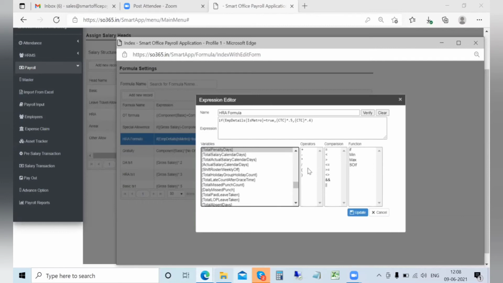overtime automation. Another example would be if you're giving any allowance only when the employee is present, like a tea allowance, your food allowance, or any night allowance that you're giving. All these kinds of allowances which are based on specific attendance data can be automated, or if you want to have deductions or penalties in case of missed punches, late punches, LOP, leaves taken, absent days, all those things can be automated.